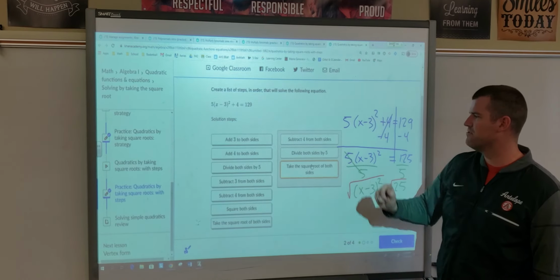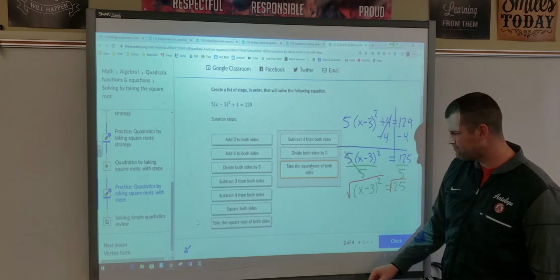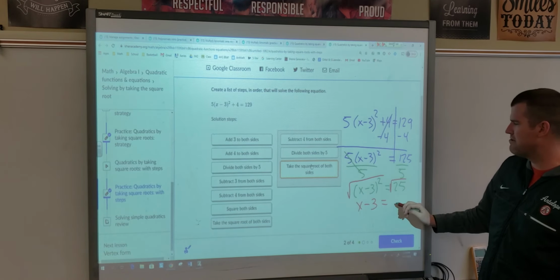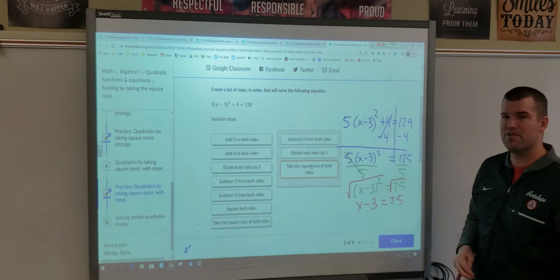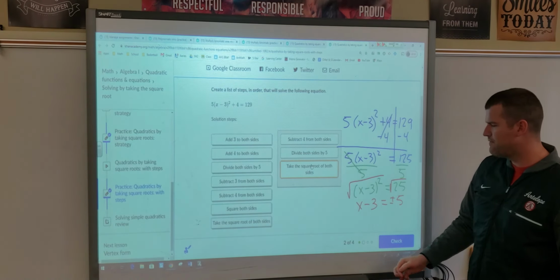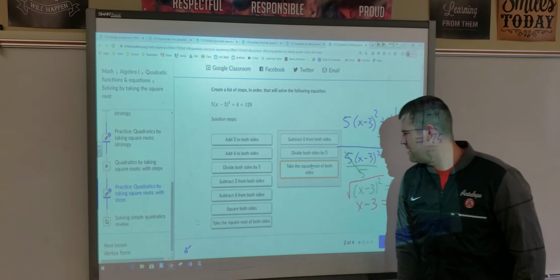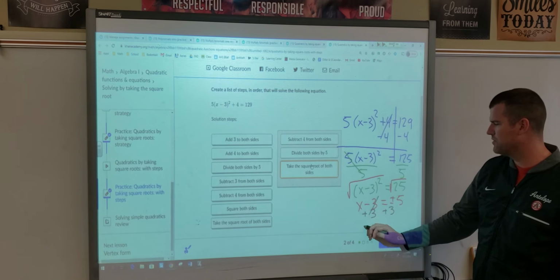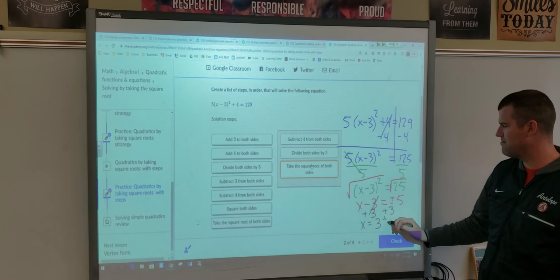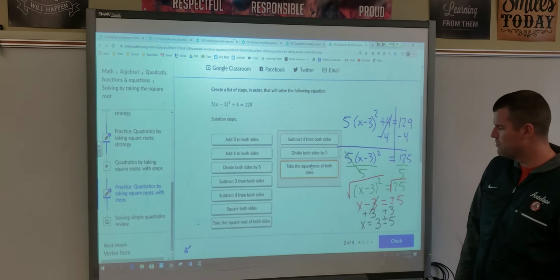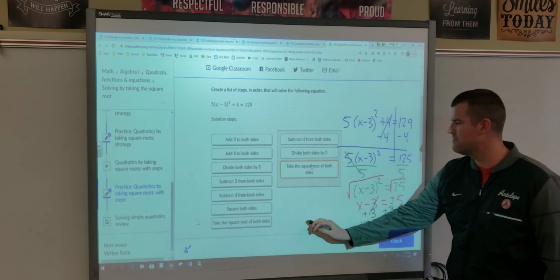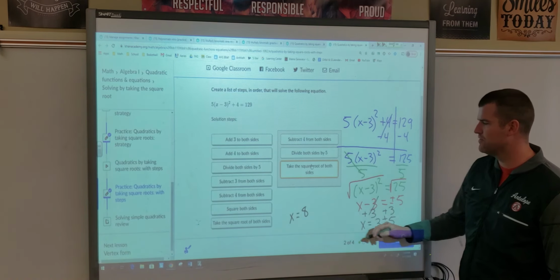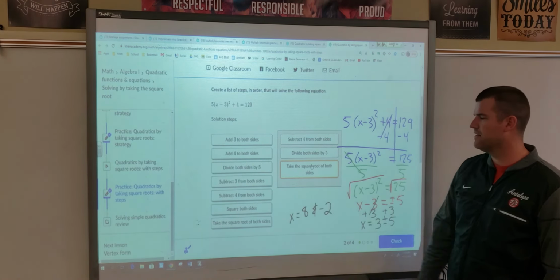So my next step was to take the square root of both sides, which if we do that, we get x minus 3 equals plus or minus 5, because we have to make sure we put the plus minus. And then finally, my last step to get the x by itself is going to be to add 3 to both sides, which will give me x equals 3 plus or minus 5, which we know means 3 plus 5, so we get a final solution of 8. But we can also do 3 minus 5, which will give us negative 2,